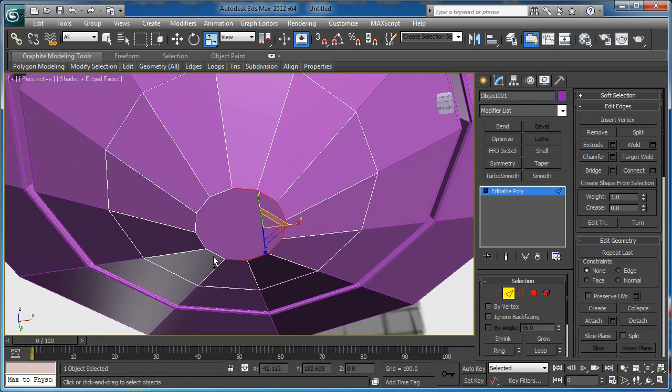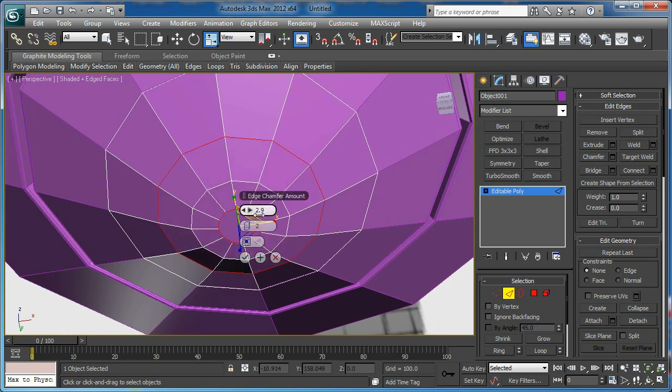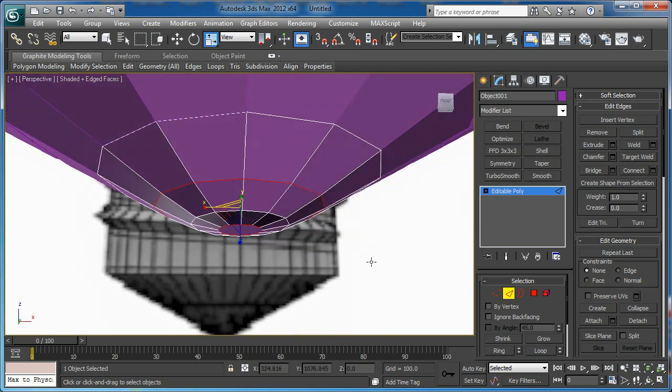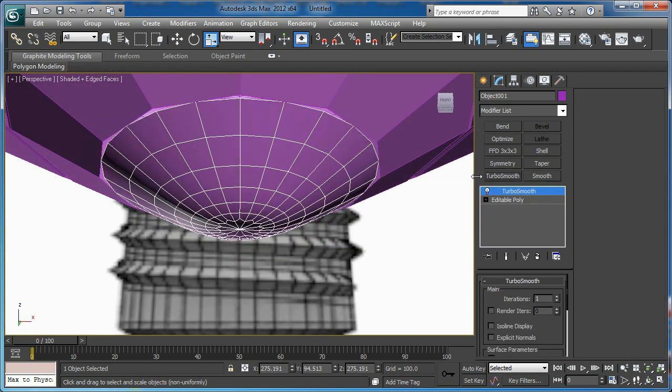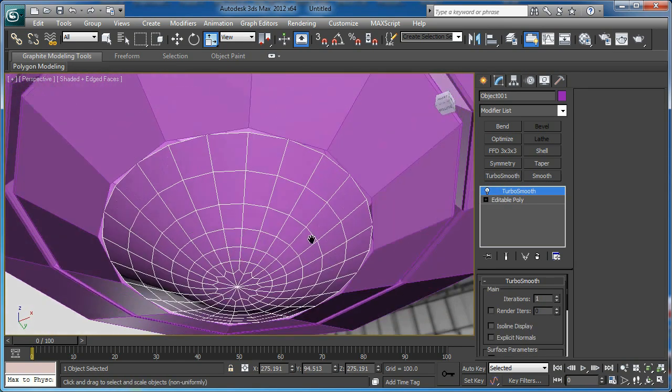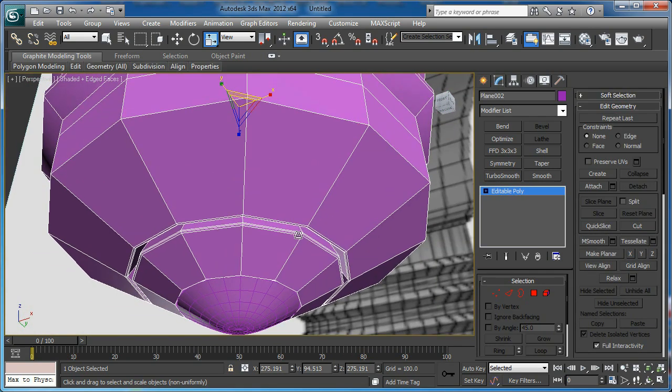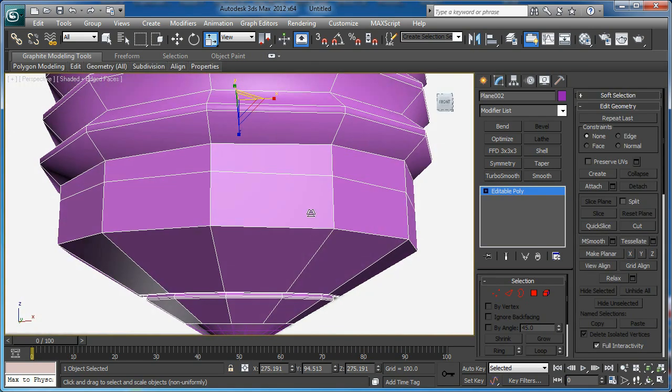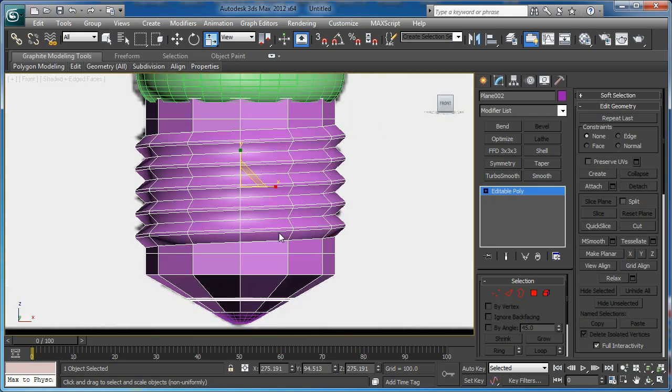this loop here and apply chamfer with bigger amount, something like this, and apply turbo smooth with iterations 1. After that, go back to this element and